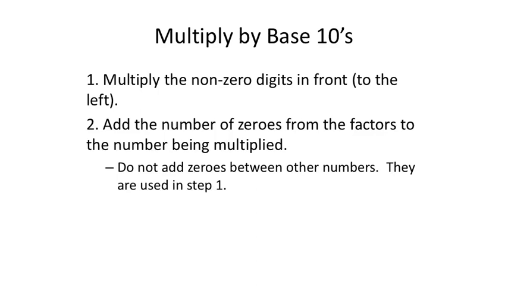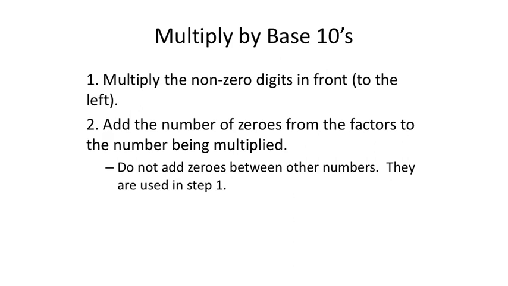All right, multiplying by base 10. This is nice. So what you're going to do is take all the non-zero digits as far to the left as you can go anyways, and those are the numbers you're actually going to multiply. Any of the zeros to the right of the non-zero digits, we're going to set those aside essentially, okay? And once we get our product of the non-zero digits, we just tack those zeros that we set aside onto